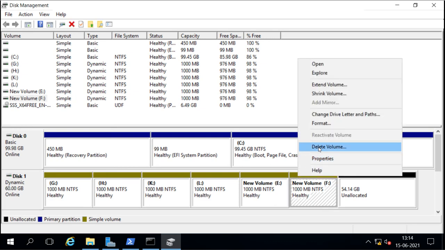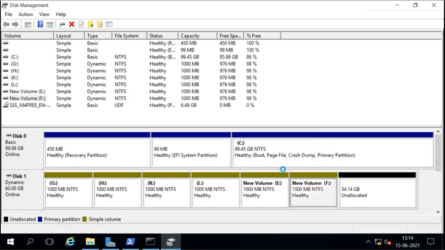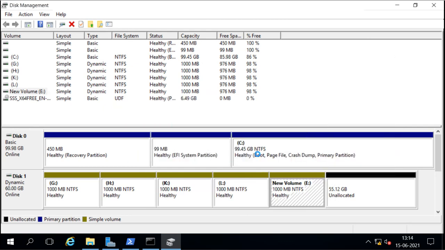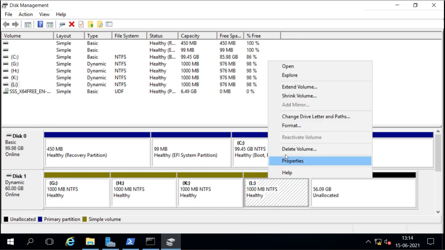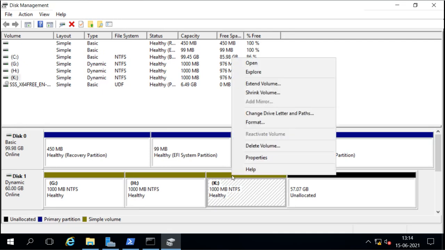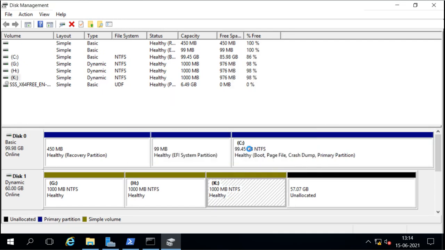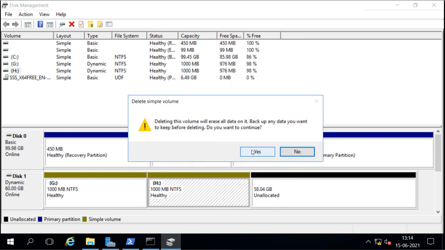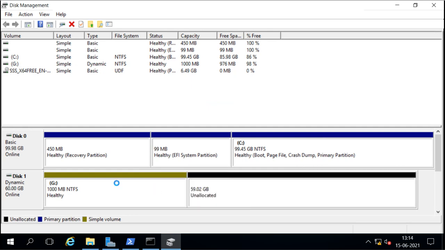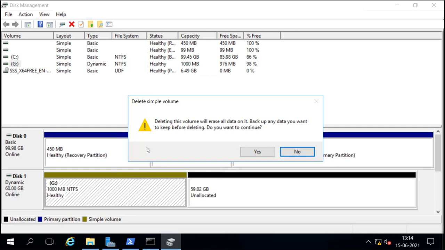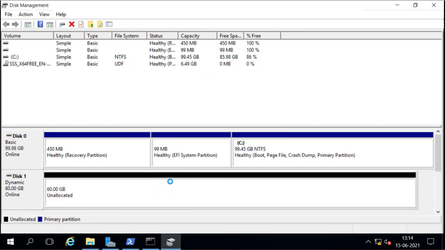Delete. And you saw when it was basic and with the partitions, and when the partitions are there, maybe the data will be also there. So easily I converted into dynamic without losing any partition, without losing any data. So easily we can convert it into dynamic without losing any data. But when we want to convert this back to basic, it is not possible. We have to remove all the partitions, and we can see that automatically it goes back to basic.